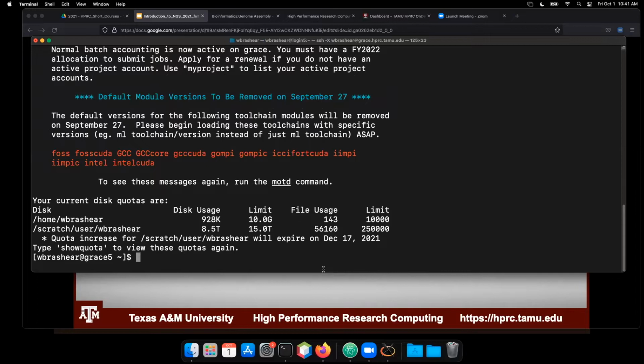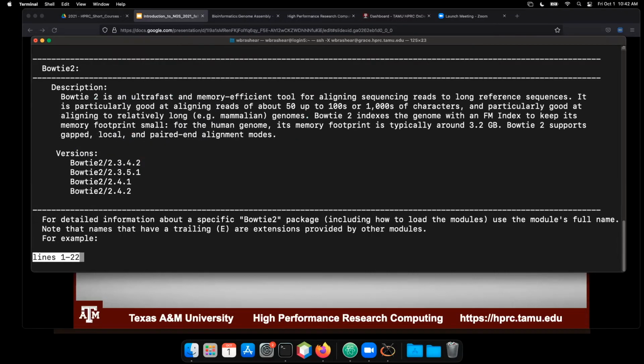All right. So if you want to look up, say you know you have a certain tool that you're interested in using. So what are some things that you guys are interested in doing? Genome assembly, mapping? Is that Illumina data? Okay, so a common mapping tool is Bowtie. So we can type in Bowtie 2 and it pulls up all of these different versions of Bowtie 2 that